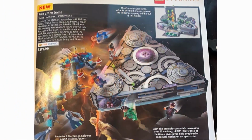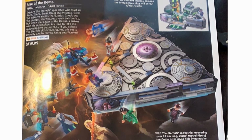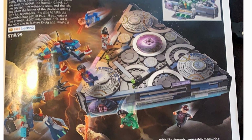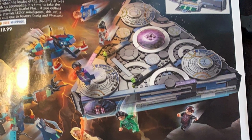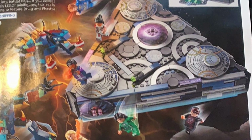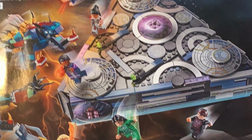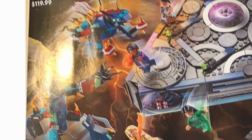Now the final set that we have here that has been revealed thus far, because keep in mind there should be more Eternal sets releasing at some point and being revealed, so keep a lookout for those, but the last one that we have for this video is set number 76156, the Rise of the Domo. It will include 1,040 pieces and will retail for $119.99 Canadian, and then what I would assume will wind up being $99.99 USD or $89.99 for that price, and this one will include 2 Deviant figures in it,